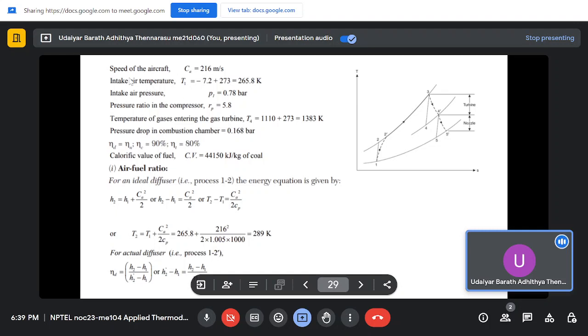You see, we know initially the aircraft velocity is 216 meters per second. So the air which is coming in is at a temperature of minus 7.2 degrees Celsius. So converting into Kelvin, we will get 265.8 Kelvin. And the inlet air pressure is 0.78 bar. The pressure ratio in the compressor is 5.8 and the temperature of the gas entering the gas turbine, so state 4, the turbine,